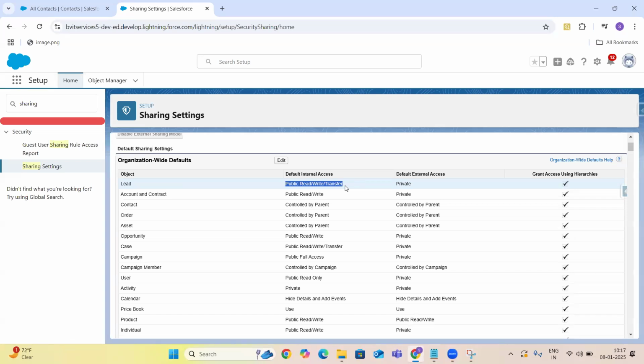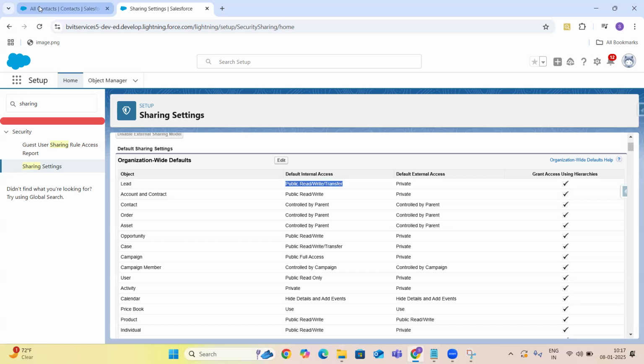That means that is the highest level of access. Anybody can read, and anybody can write, meaning edit. They can edit it and they can transfer it. That means if I am the owner, I can transfer my record to some other person.